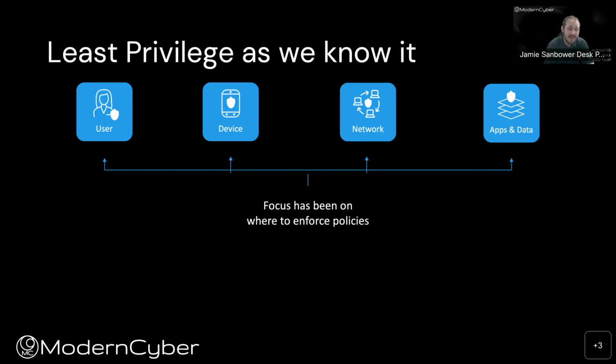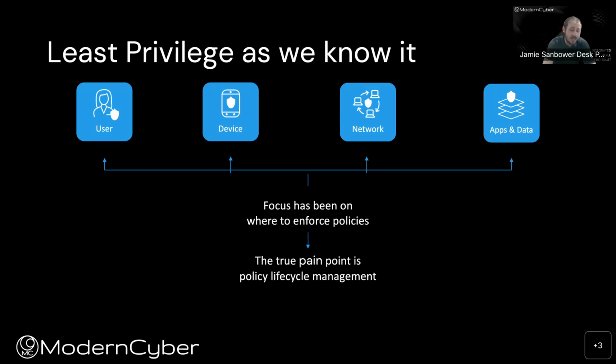And the real answer is it's not because organizations don't want least privilege, it's because of the focus area and how difficult it can be to adopt least privilege policy across an organization. So in many cases, the focus has been on where should I, as an organization, enforce security policies across things like users, devices, networks, applications, and data.